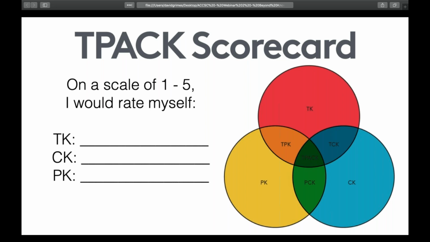If I'm looking at this, I think I got technology down pretty well. I like using technology. I've used different things in the class. I feel pretty confident, so maybe a 4 in that one. Content, pretty good on content too. And maybe the pedagogy, I could probably use more tools in my tool belt to make my classroom run smoother. And so I'll put that one as a lower one. Maybe that one's a 2 or a 3. But see, now I have a way to say, okay, now I could focus on one aspect of it. And that kind of gives me a path. At least that starts my path of how to do some self-improvement in my classroom. So I think that's really nice to have.